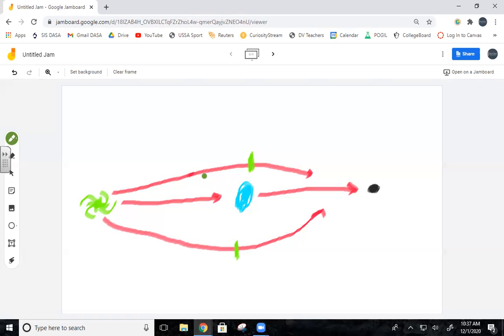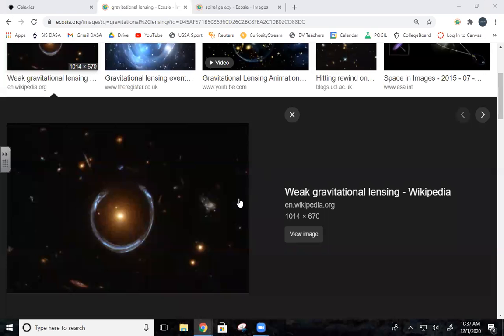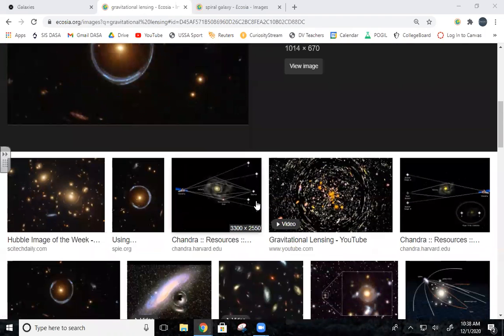All right. Any questions on that? Gravitational lens, it's one of my very, very favorite things. It's such a cool concept. And it's fun to say. Gravitational lensing. So again, there's this elliptical galaxy right here. And what you're seeing is a spiral galaxy that is actually behind this galaxy. And all the light is being bent around. It's pretty crazy stuff. Okay?